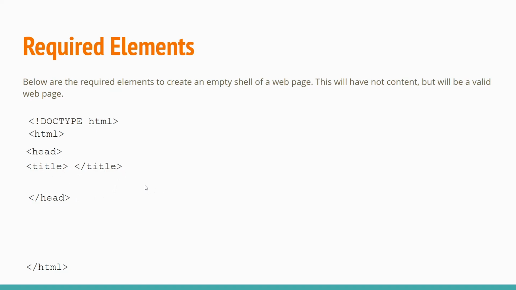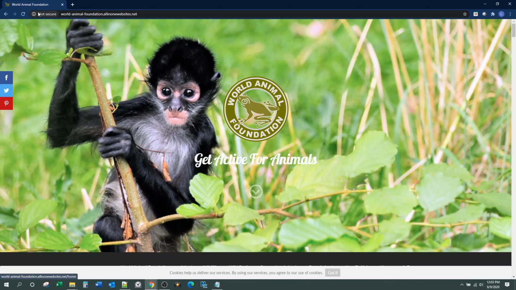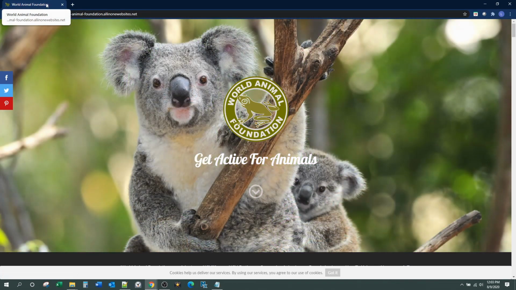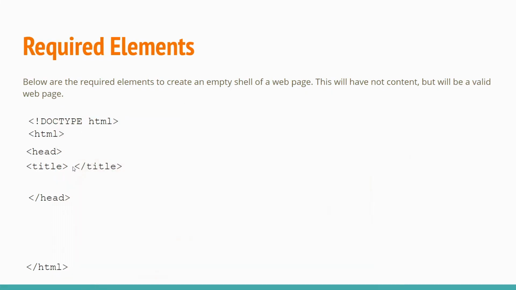Now the title tags is sort of an exception to the rule about not displaying content. What is typed in between the title tags doesn't show on the web page itself, but it does show in the tab of the web page. So just for instance, on the Wildlife Foundation website, you see up here in the tab of the web page says World Animal Foundation. Well, this is being displayed because it's appearing in the title tags of that web page. Okay,